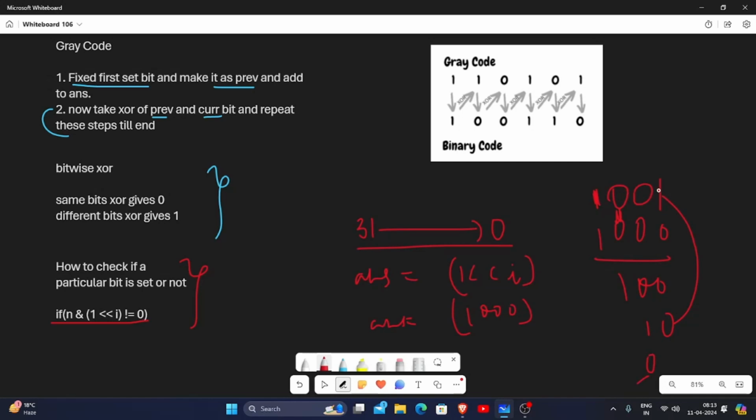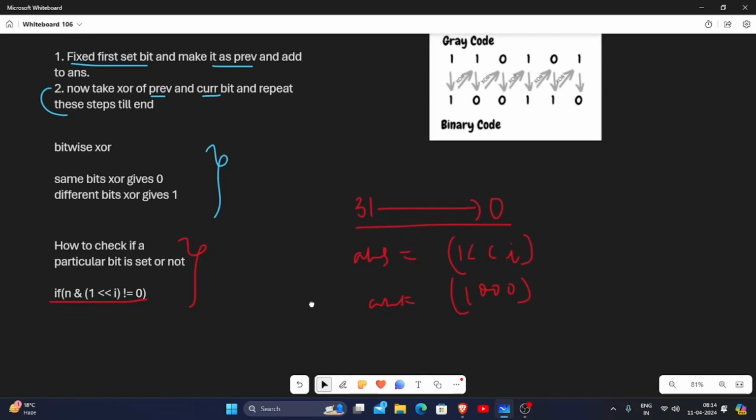And next time when I came at 1 and the number shifting 1 by 0 bits, this would be 1 only, and 1 and 1 would give us 1. So overall, next time these two come 0, and the only time we have come 1 is here. So eventually this number will be forming 101 only. So what I said, through this logic I have now found my first set bit, because we need to find the first set bit, and for the remaining set bits